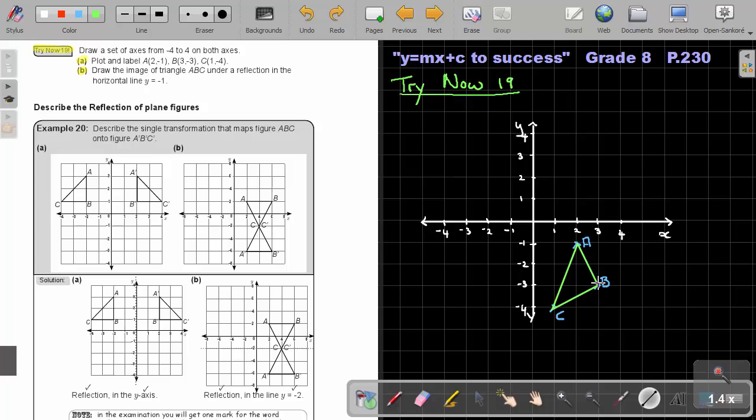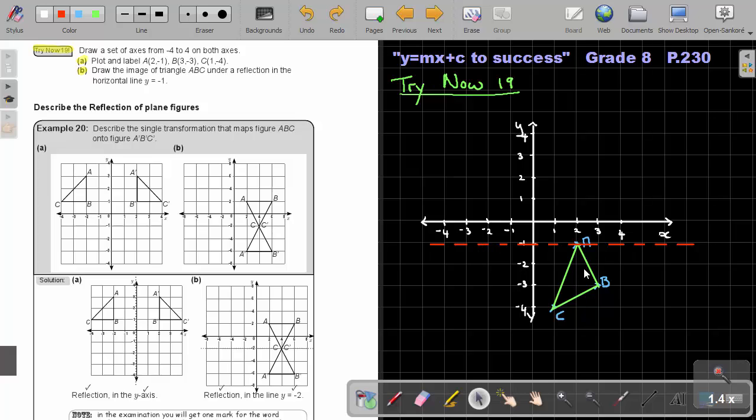Okay. And now they say draw the image under a reflection in the line y equals -1. So it must cut the y-axis and it must cut at -1. So first let's just draw the line and it must cut here. So this is going to be, let me just go up. I think I'm just going to make it a solid line. Usually we can use a broken line. I'm just making a plan to get it a little bit more accurate. So there, you can make it a broken line. Okay, and now basically, let's just see if we can move it up.